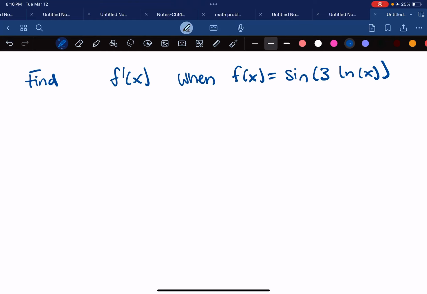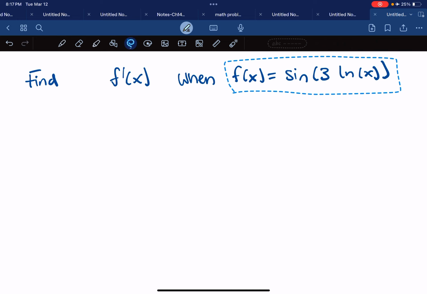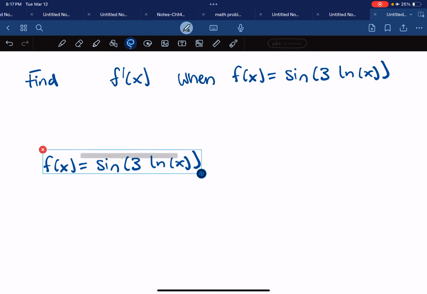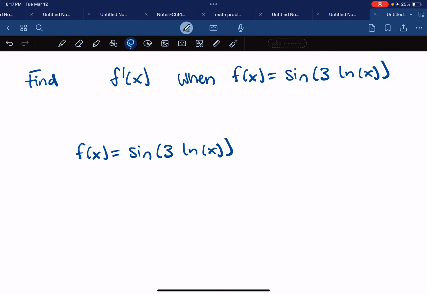So we're going to find the derivative of f of x when f of x is equal to sine of 3 times the natural log of x. For this problem, what I'm seeing is that I am going to have a chain rule. It doesn't really look like any product rules because I'm not multiplying two functions by each other. Instead, I have a function